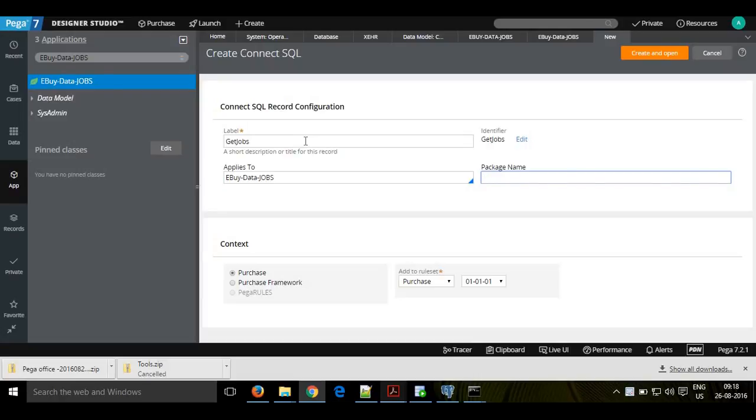Package name is where you define the type of your database, like whether you are using SQL Server, Sybase, or Oracle. What type of database are you going to connect to with this Connect SQL? You need to provide that. We are going to use Oracle, so we give the package name accordingly. It's case sensitive also. Once you click on that,